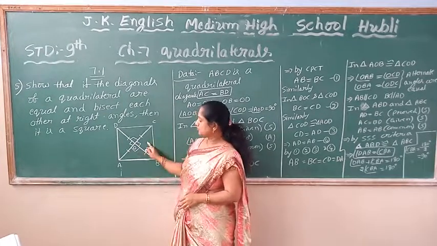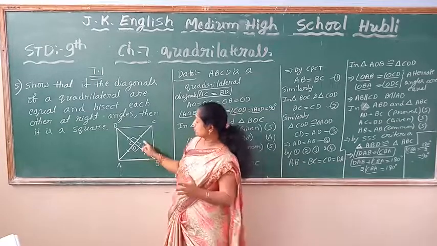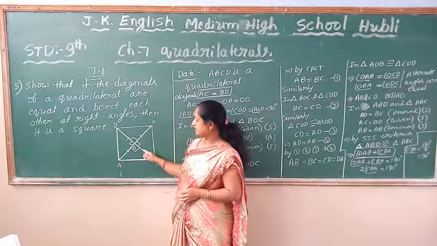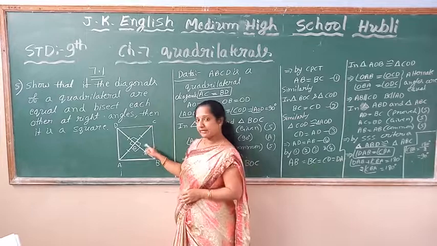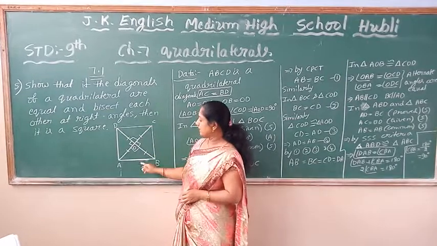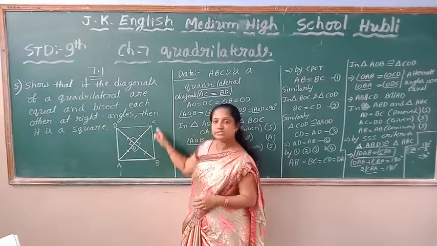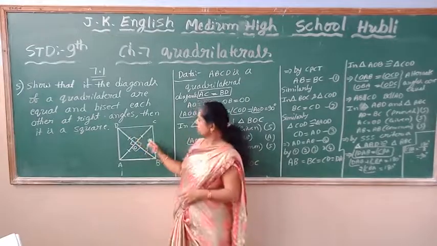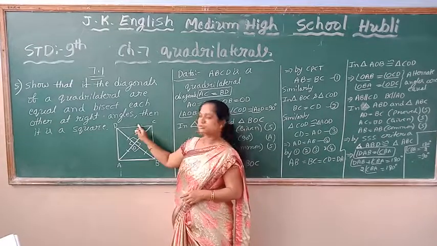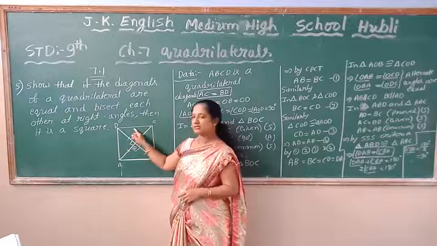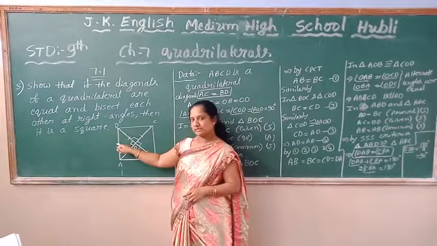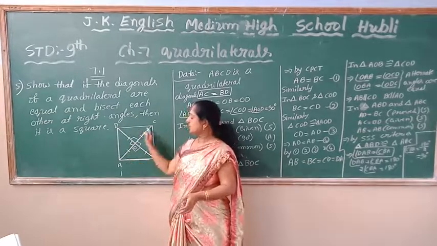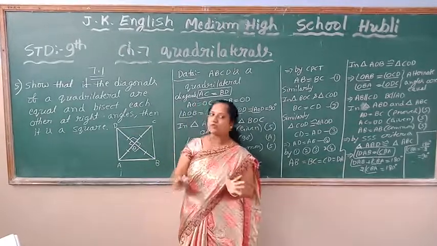So I have taken these two triangles and I proved these two triangles are congruent by using SAS criteria, side angle side criteria. If these two triangles are congruent, then it implies these two corresponding sides are equal. AB is equal to CD. In the same way, if I consider these two triangles, children, then I can prove it by SAS criteria. These two sides are equal. In the same way, if I consider these two triangles, these two sides are equal. So totally, all four sides are equal. All four sides are equal, I prove.